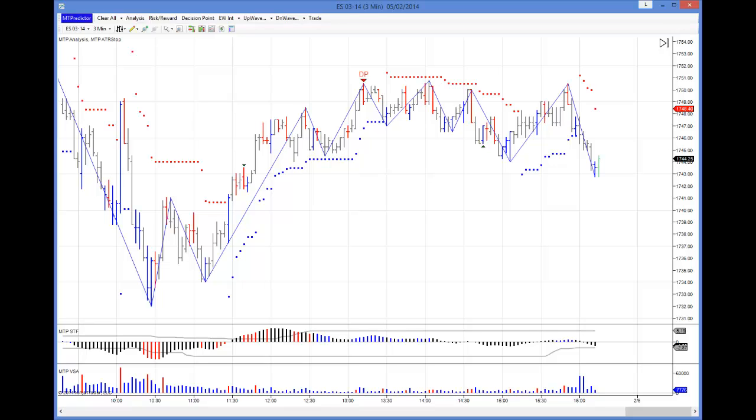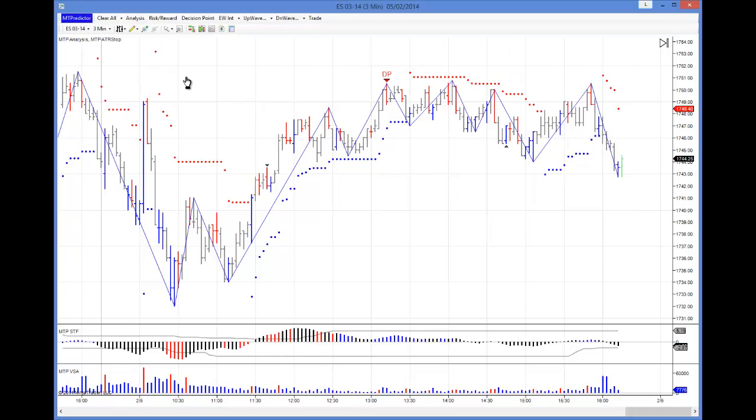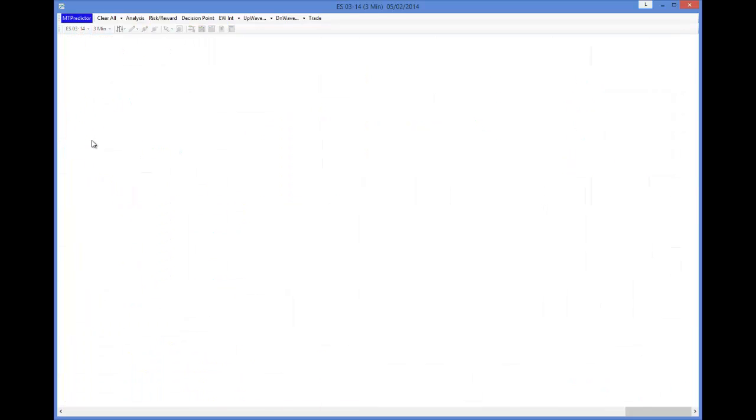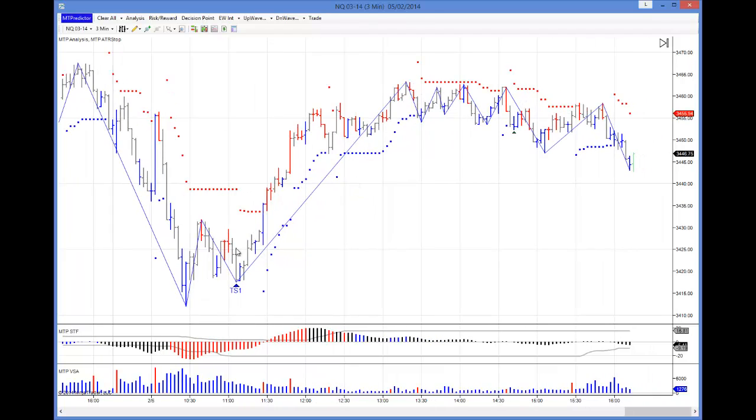In today's MTPredictor video, I'd like to look at the US E-minis, but particularly I'd like to look at the NQ, and in particular this TS1 buy setup here, because this was what we call a Holy Grail trade setup. But before we get to that, I just want to take a look at the US E-minis on the higher